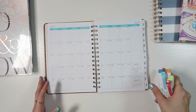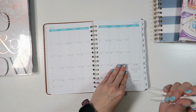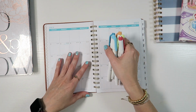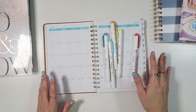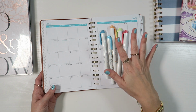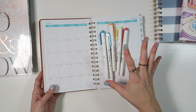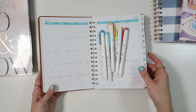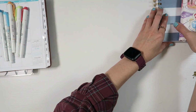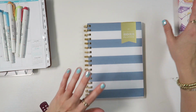So I am so excited about this new edition, and it is just a monthly spread because these are all of basically hopes and ambitions and things I really want to happen. Plans can fluctuate, things can change. I don't have any set in stone dates and things that have to happen at certain points. That is something that is so beautiful and wonderful as a single mom running this business, that it's not so